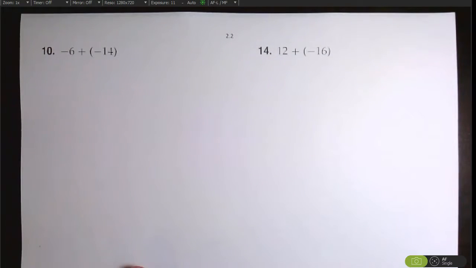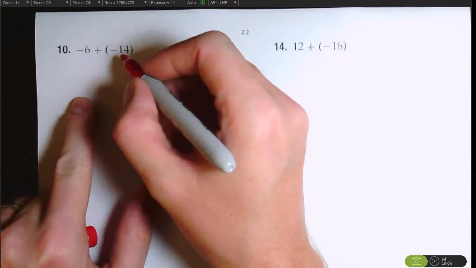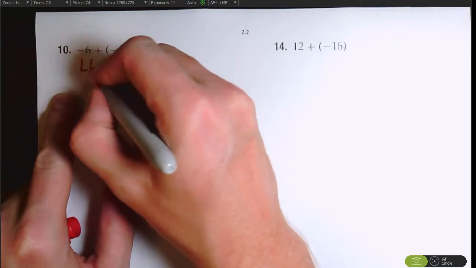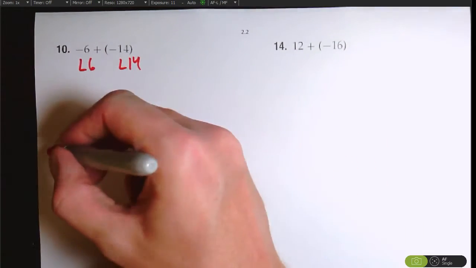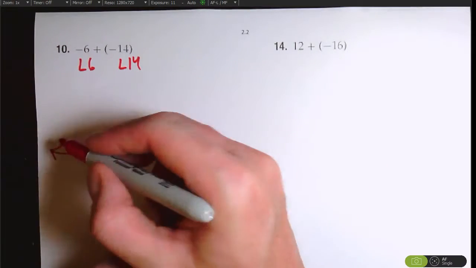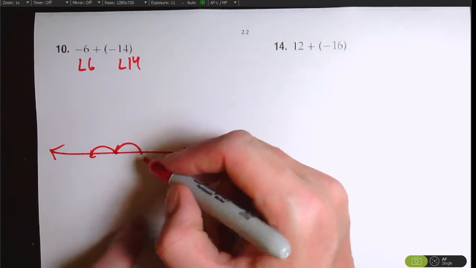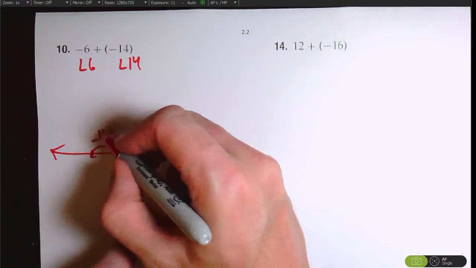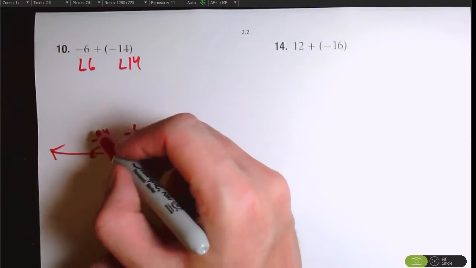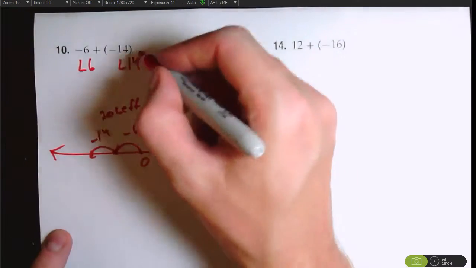So for number 10, these guys are both the same sign, negative, which means you're going left 6 and left 14. So if you think of this as a number line, I have to travel left twice. Here I am at 0. I went left 6 the first time, left 14 the second time. That's a total of 20 to the left, which makes it then